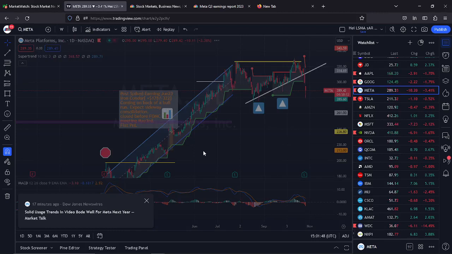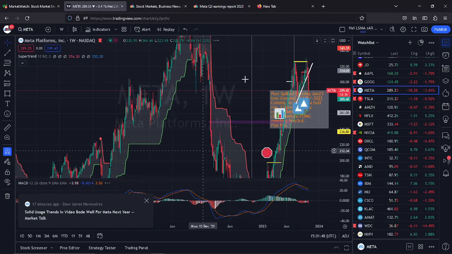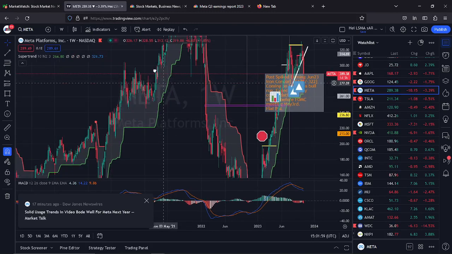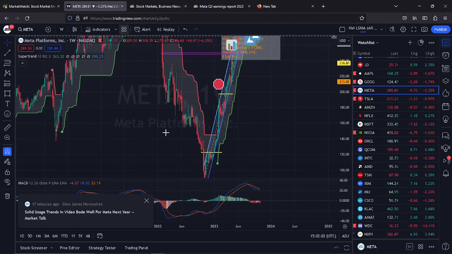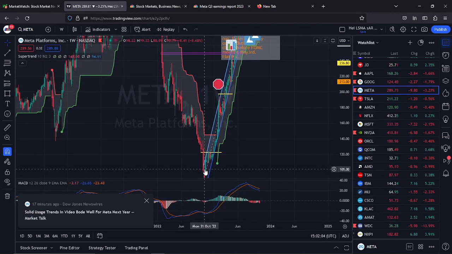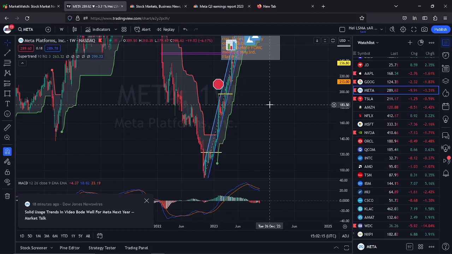I'm going to change it to each bar is a week. If I look back, Meta was collapsing, was dying, and actually I had a short on Meta all this time. I was shorting, and eventually I took it out somewhere around here, and it dropped even further. But late last year, end of last year, it started to pick back up, and then this year it just went straight up. Why? Because this year's AI, OpenAI, came out with ChatGPT.